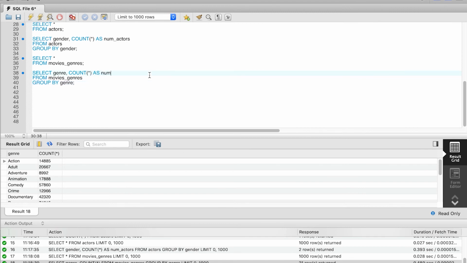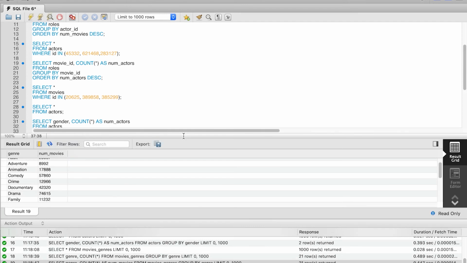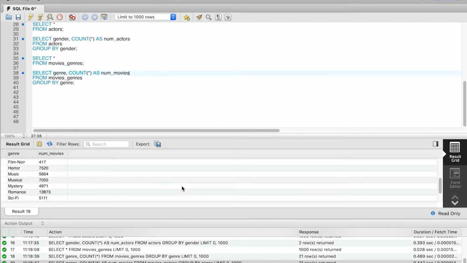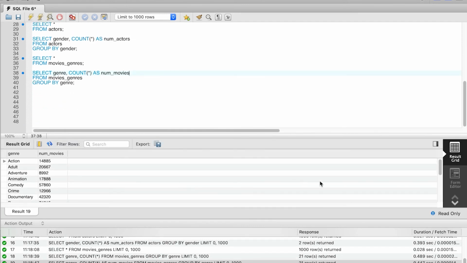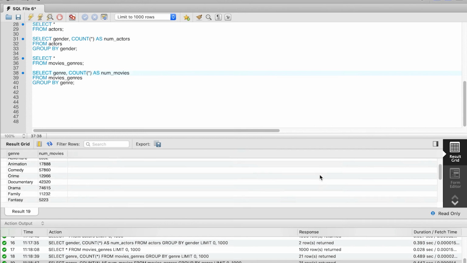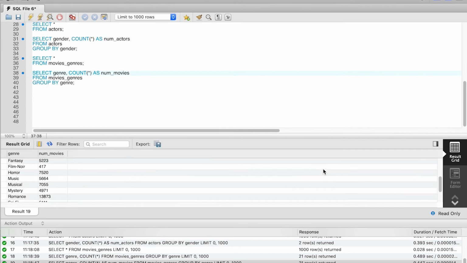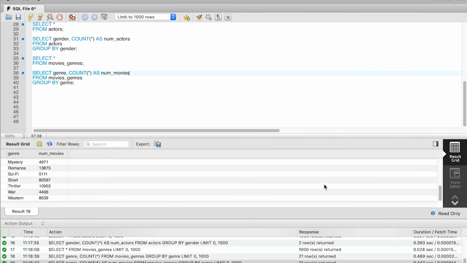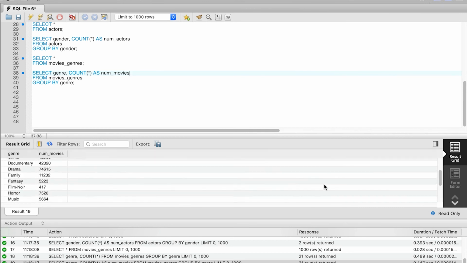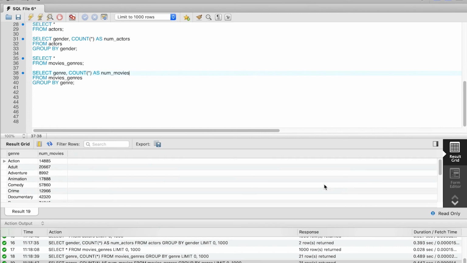So let's add an alias as number of movies for the count. We execute this query, and you see we get back 14,000 action movies, 20,000 adult movies, 9,000 adventure movies, and so on. So we can see now in the results the different genres that we have in the database and how many movies are associated with each genre.